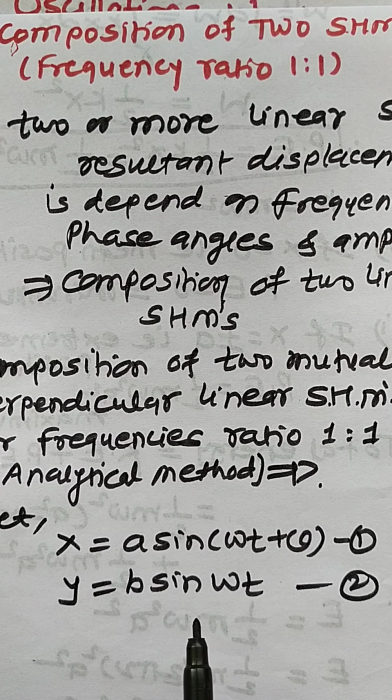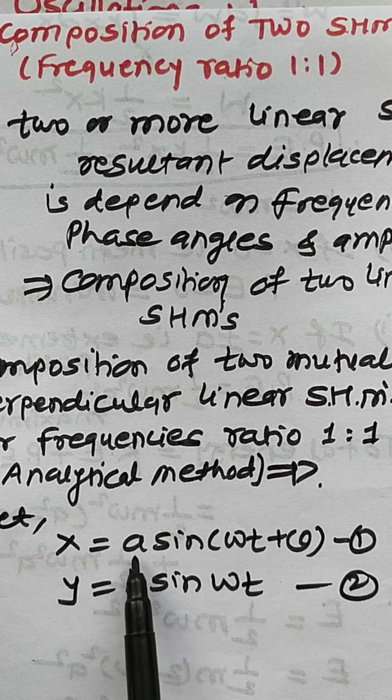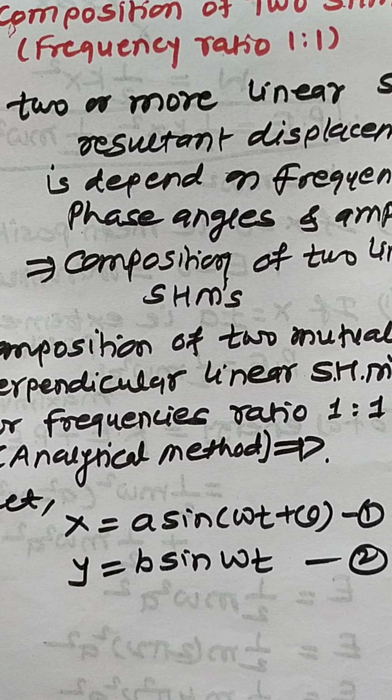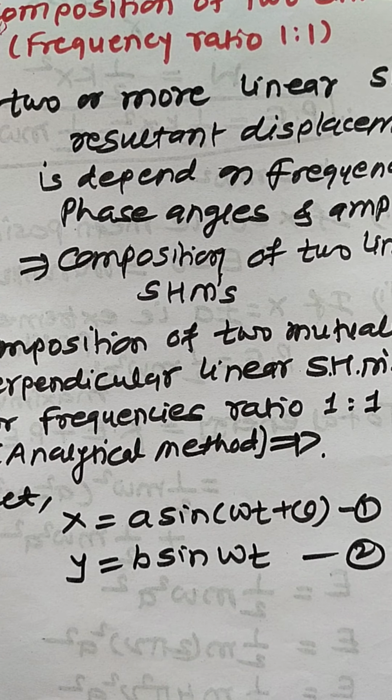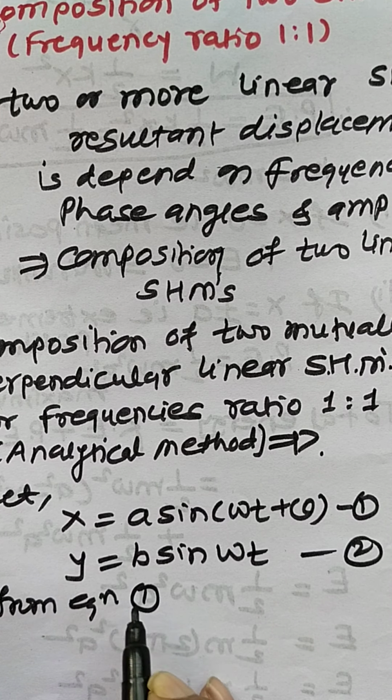Therefore the first S.H.M., which is along the x-axis, is ahead of the second S.H.M., which is along the y-axis, by angle theta, and thus theta is the phase difference between the two S.H.M.s. Their amplitudes are different, which means a and b are the amplitudes. So here, from equation 1,